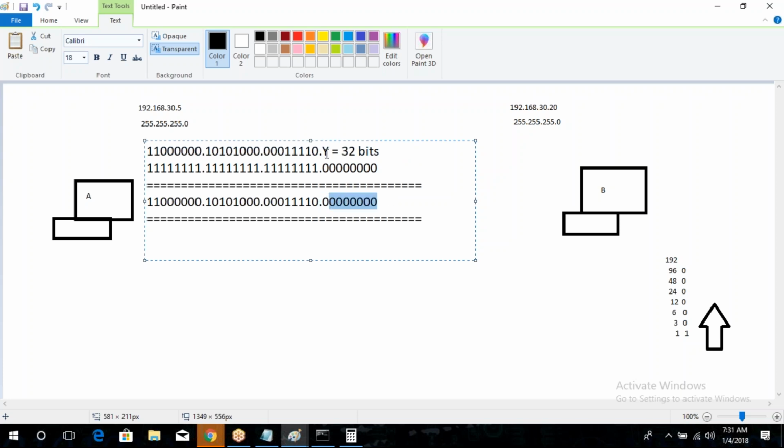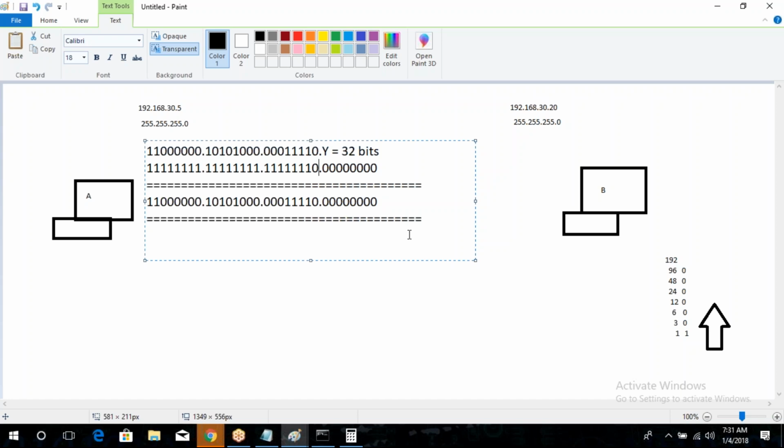That also tells me that regardless of what value I have here, 192.168.30.5, 6, 20, 200, 120, whatever value I put, the output of these two will be the same because the subnet mask is the same. The moment the subnet mask changes, the output will be different, isn't it? So if the subnet mask is 255 or 255 or 254.0, this will change. It will become this, and hence the output will change,